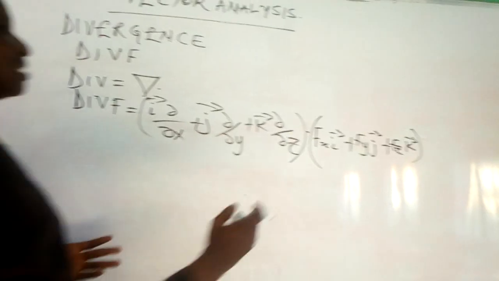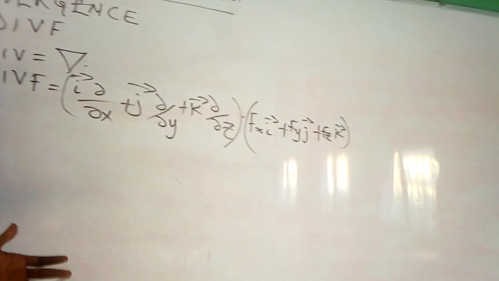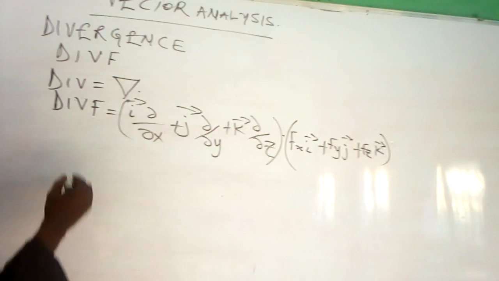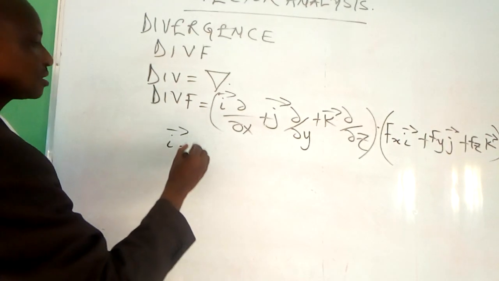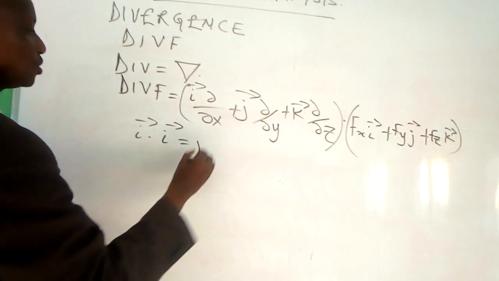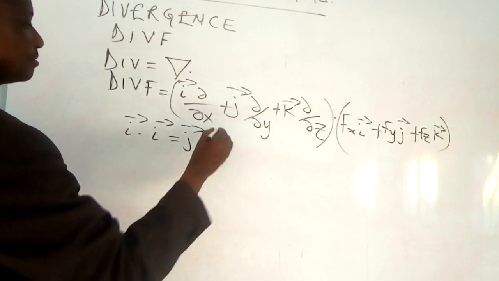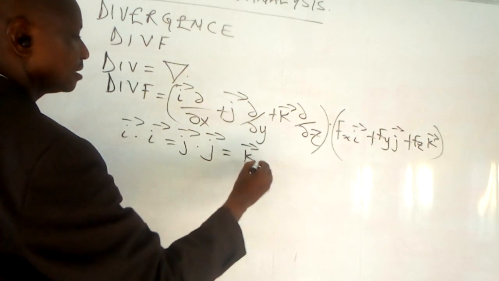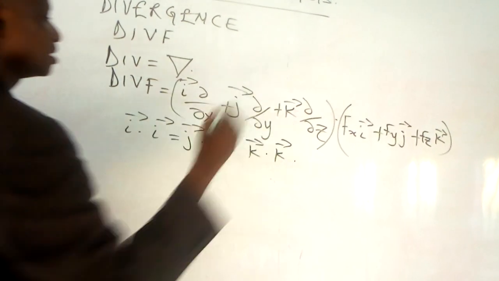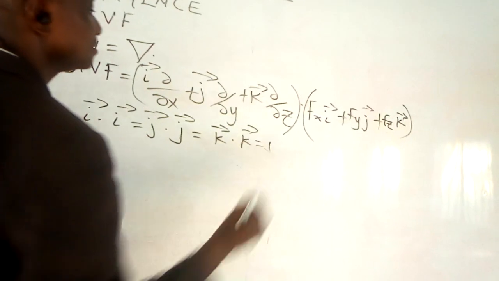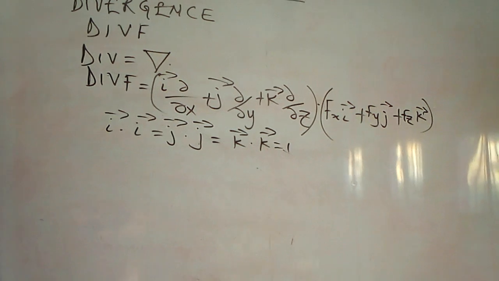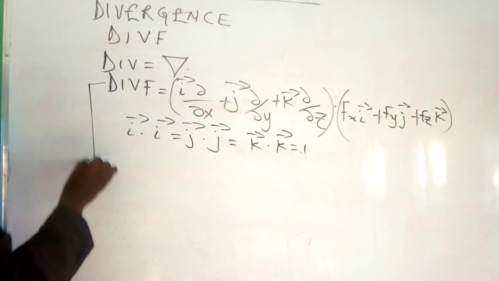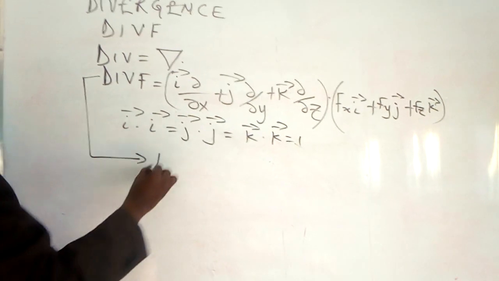Now, F can imply a force field, a kinematic field, a dynamic field. But the most important thing is that it is a dot product. Take note that i cap dot i cap equals j cap dot j cap equals k cap dot k cap, and this is equivalent to 1 in vector analysis because it is a dot product. So when we work with this concept, we now get that divergence